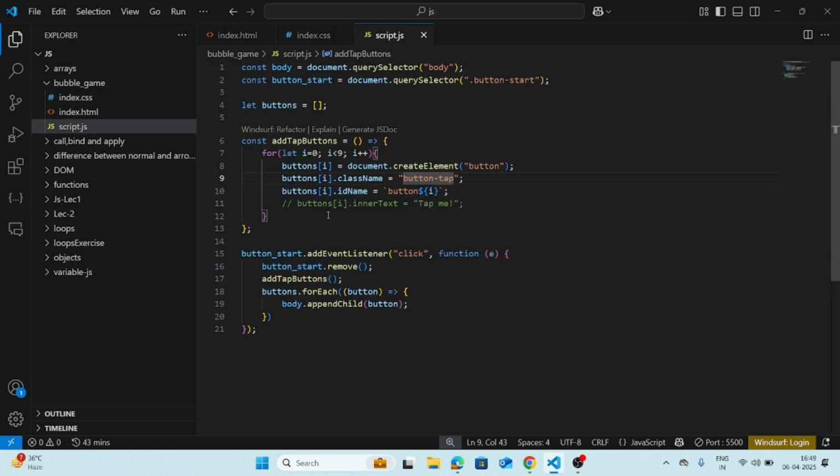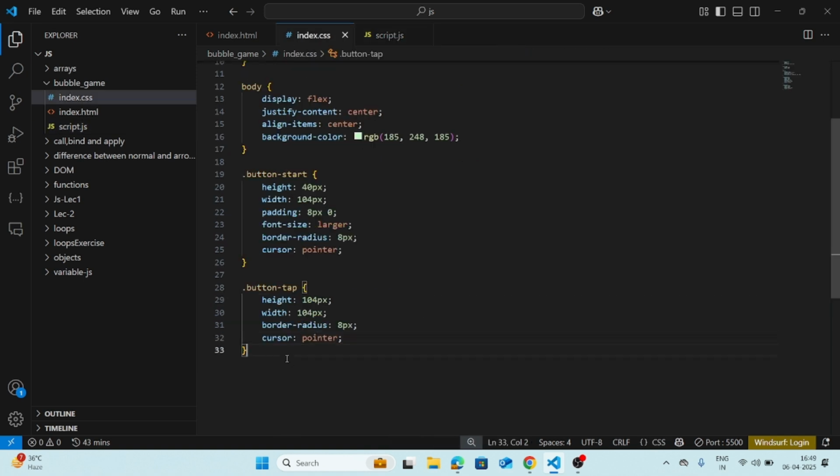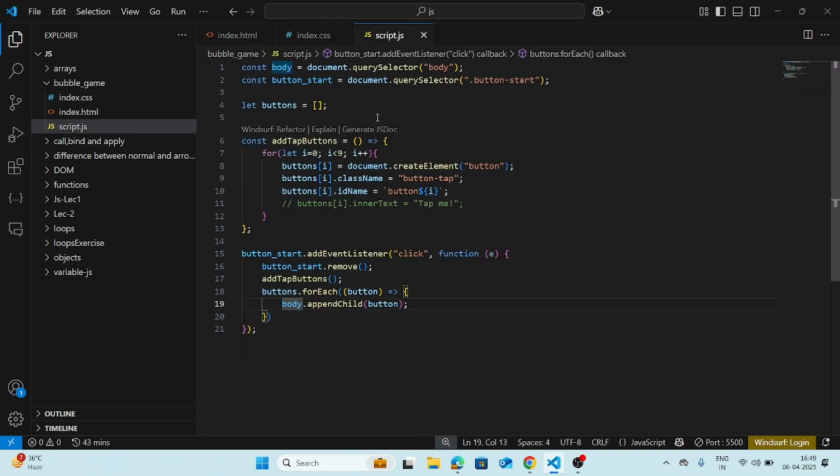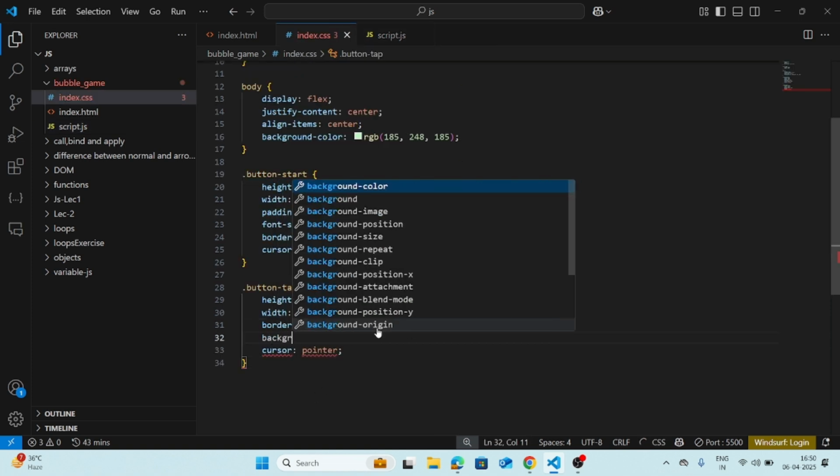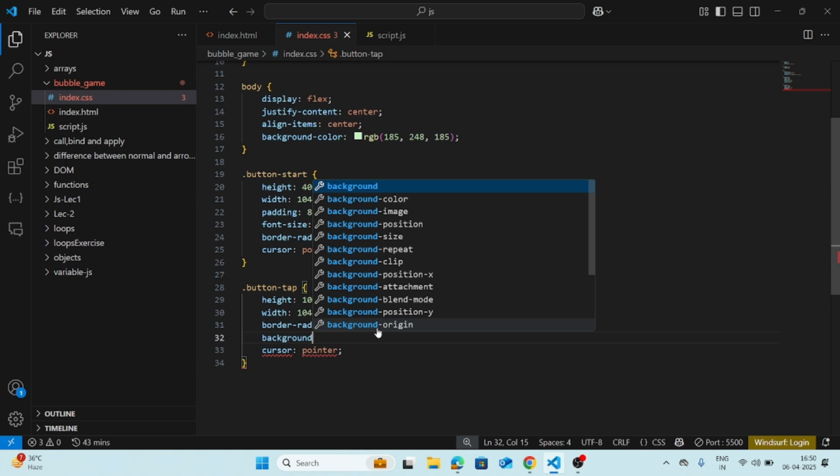What happens is, as soon as these buttons get created in the variable buttons, the array of buttons is getting created, we run the function for each, right? We run the function for each, and that for each function appends the buttons in the body. Okay, as soon as it gets appended, this button tag class gets applied, the styles get triggered and things go on like that. Okay, but now what I need is a different background color for this. Okay, so the background color will be different,